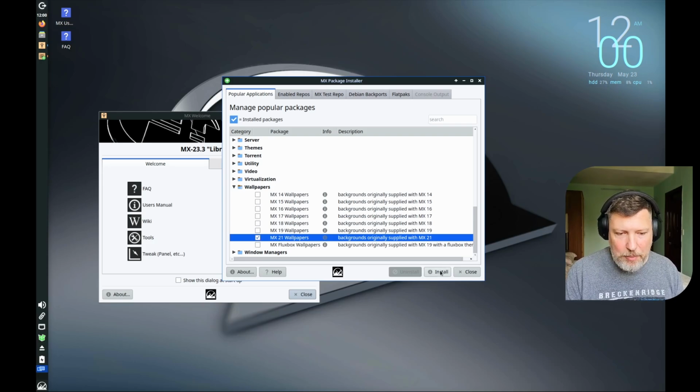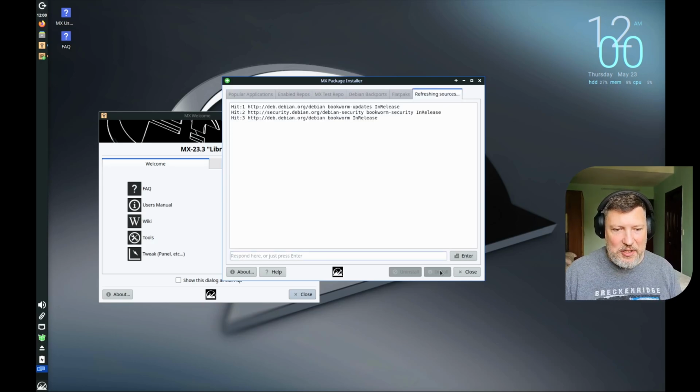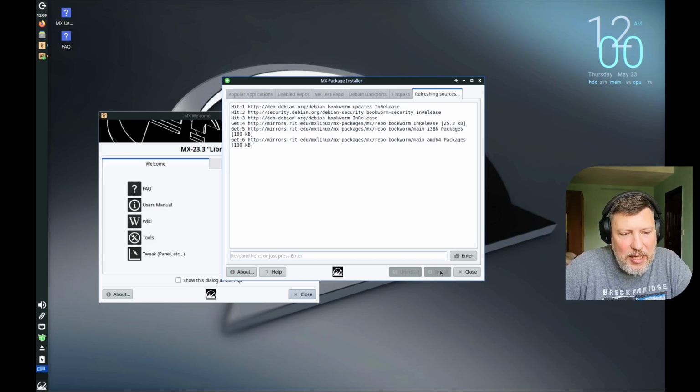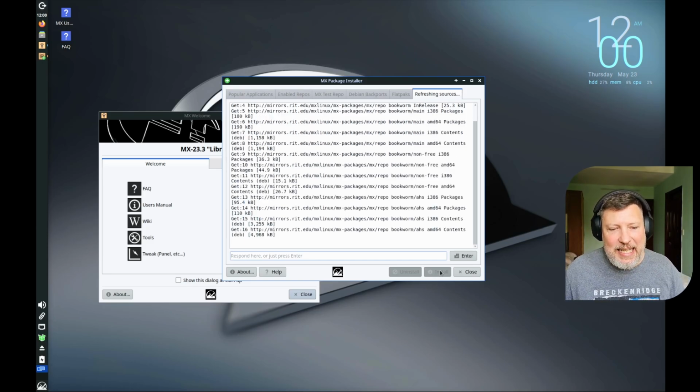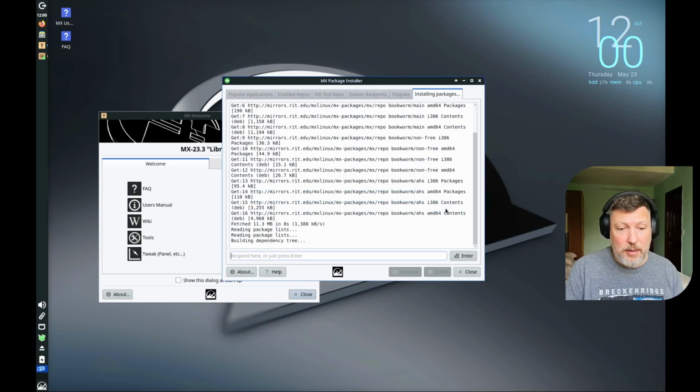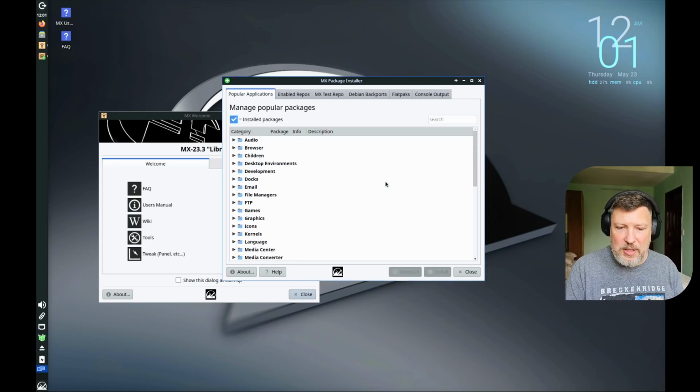Let's install some wallpapers and let's see how they do it. They just hit you up with a terminal and you kind of see what is happening. It's getting what it needs from the repos and it lets you know, hey, this is what's going to be installed. Okay. Processing finished successfully. Thanks. Okay, so look, installing wallpapers is not a big deal, but if you wanted those options, they made it